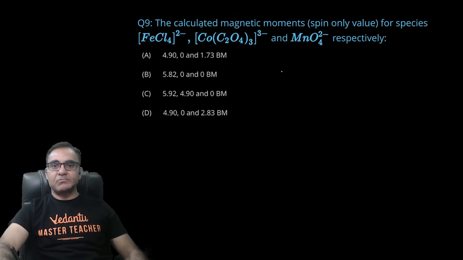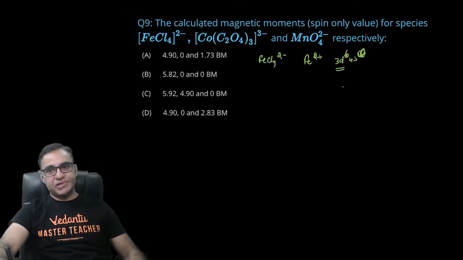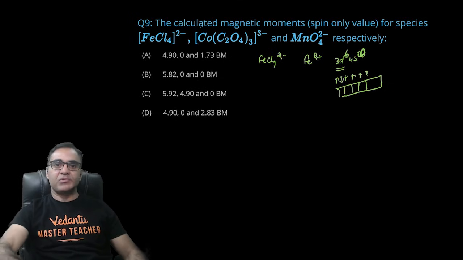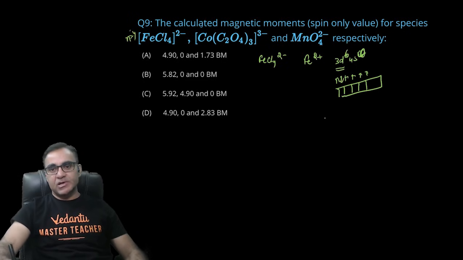द कैलकुलेटेड मैग्नेटिक मोमेंट, स्पिन ओनली, फॉर द फॉलोइंग स्पेसीज। पहला है आपका FeCl4 2-। FeCl4 2- के अंदर आयरन 2 है एक्चुअली, और आयरन 2 होता है बेसिकली 3d6 4s2। और अगर आप आयरन 2 ले लो तो 4s2 मतलब 4s0 हो गया। तो 3d6 है, वीक फील्ड लिगेंड है, फोर्स पेयरिंग होगी नहीं। 6 इलेक्ट्रॉन को अगर आप d ऑर्बिटल में पेयर अप करते हो, रखते हो, तो 1 2 3 4 5 6, 4 अनपेयर इलेक्ट्रॉन निकलेंगे इसमें। और अगर इसमें 4 अनपेयर इलेक्ट्रॉन हैं तो μ की वैल्यू होगी √(n(n+2)) BM, 4 × 6 यानी √24, comes out to be 4.9 BM। ऑलराइट,